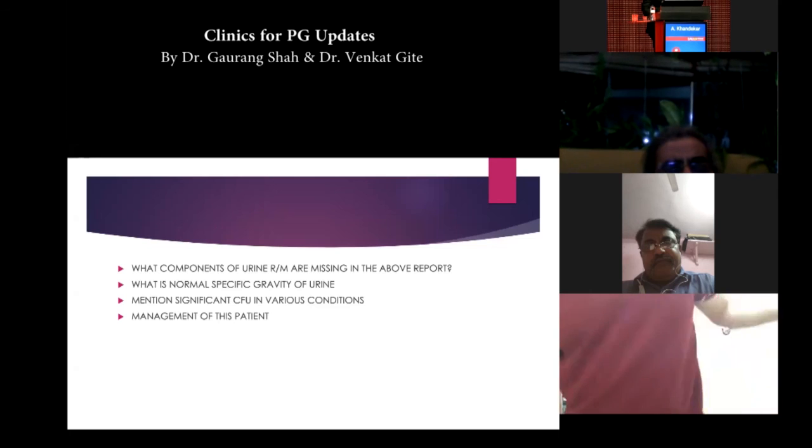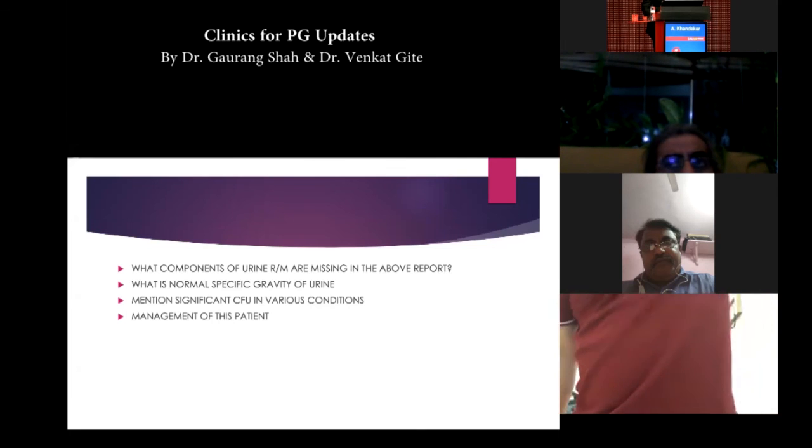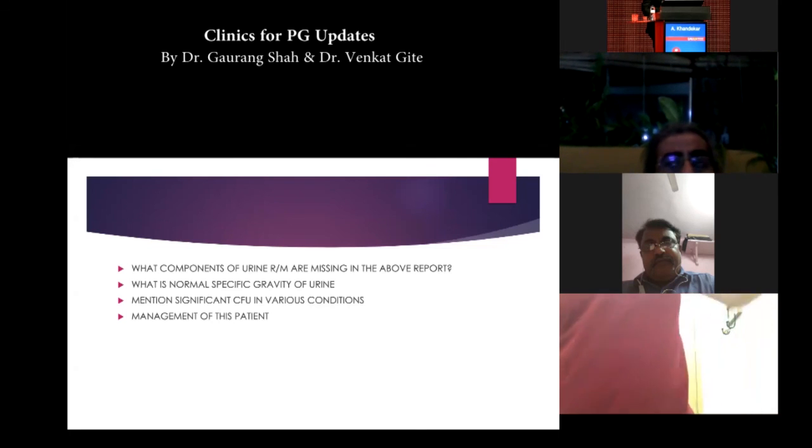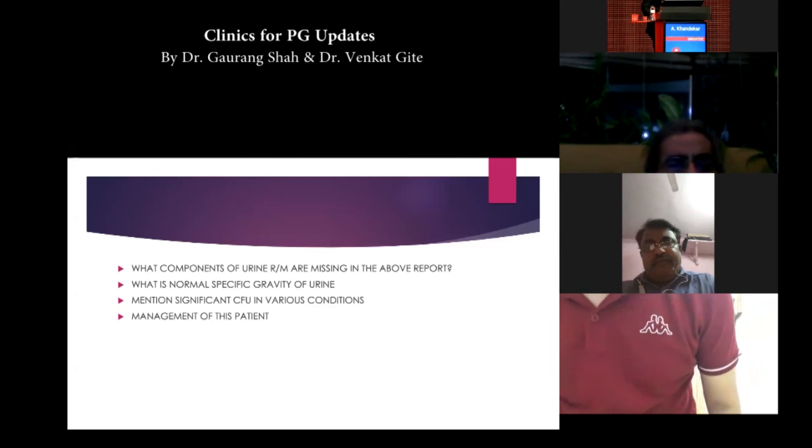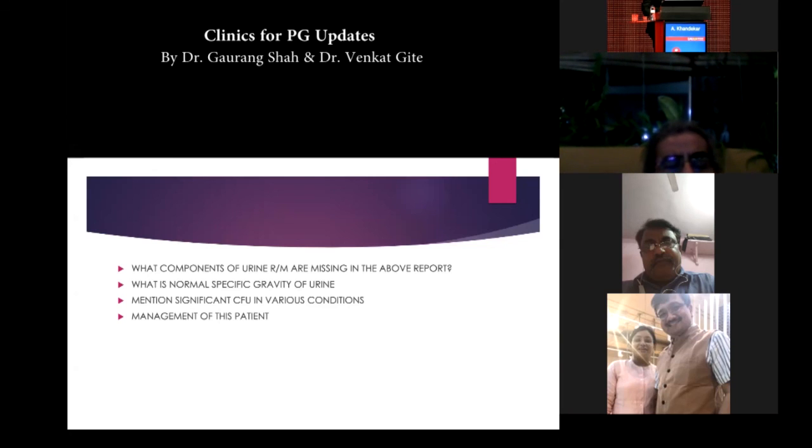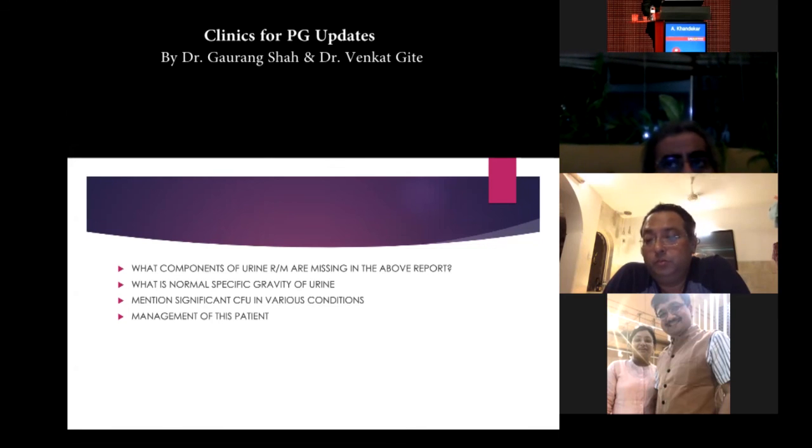If it is asymptomatic, I'm not sure, but what I have read is that you may not treat them. If it is symptomatic, you have to treat, or if complicated, as you are saying, the patient is on immunosuppression, diabetes, catheter, any other internal device, any surgery, urinary surgery, then we have to treat it. Congenital anomalies. And congenital anomalies.